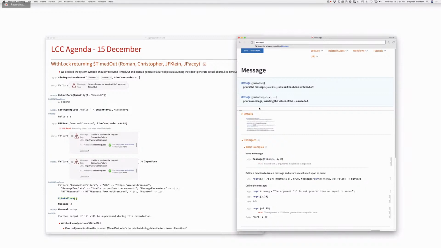Well, the fact that it times out isn't really an error. It means when you use WithLock, you are prepared for there being several processes that fight for a resource. If you're not willing to wait forever, you may decide, I'll wait for 2 seconds, and if I don't get a lock, I do something else and return, or I give up. So I don't really care what it returns, as long as it's something that is extremely easy to test for. And if it's some failure object with 100 different cases, then, I mean, failure objects are nice, but